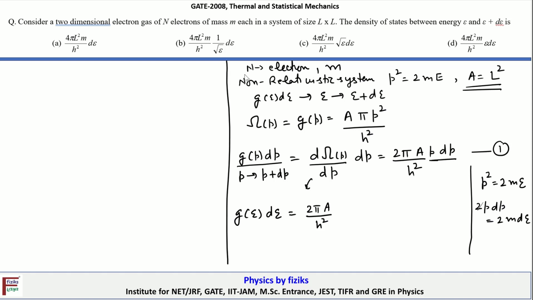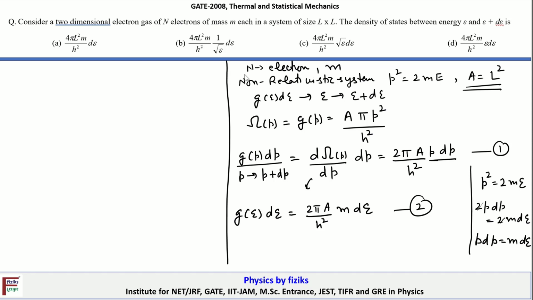So the factor 2 will cancel with each other, so that means we are left with P dP equal to m dE. So we can replace the P dP with m dE. So that's the expression for the number of states with energy ranging from E to E plus dE. But here we haven't yet